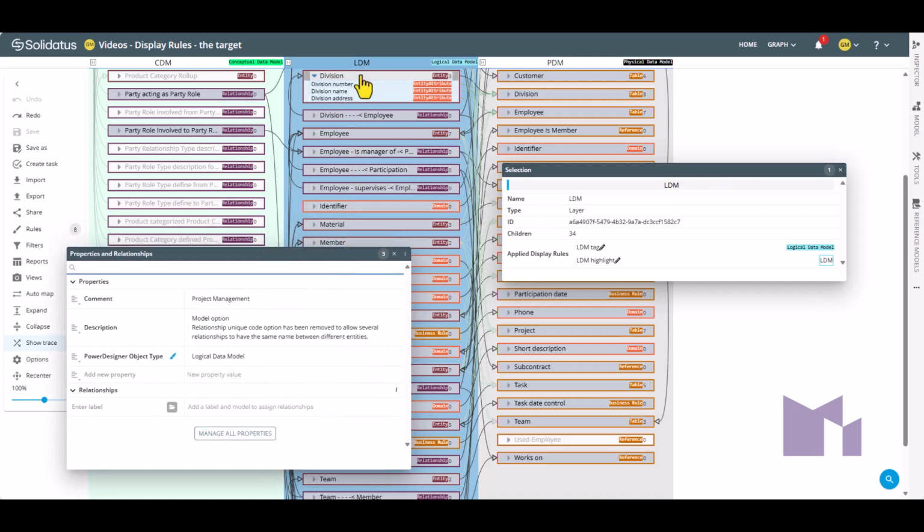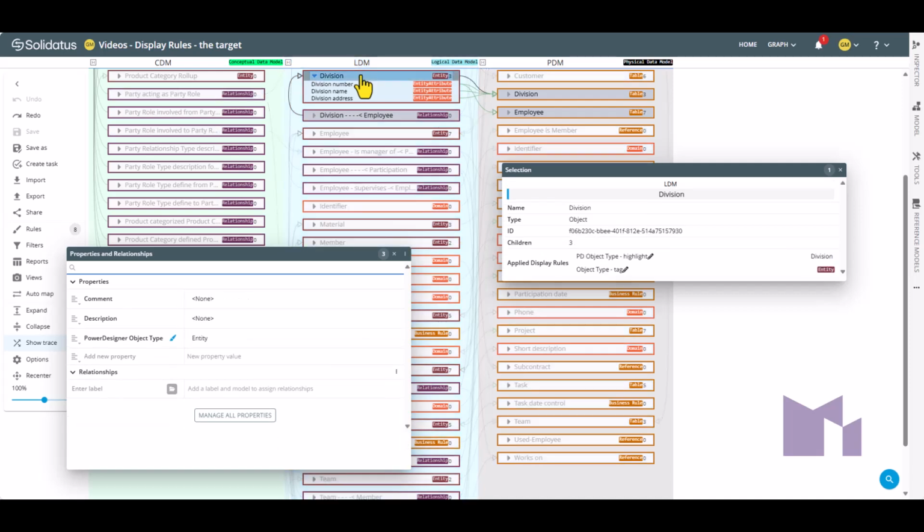If I look at this object within the layer, again it matches a couple of display rules, and it has a number of properties, and we can see here alongside each property there is a little paintbrush symbol. The blue one is there all the time because there already is a rule based on this property. These others here don't have a rule based on the property, so I cannot switch it on and off.